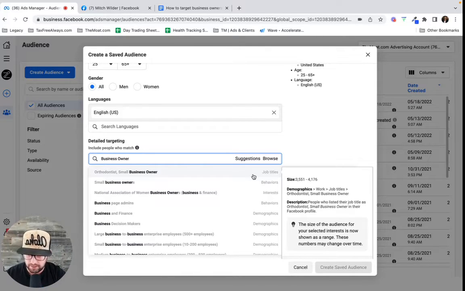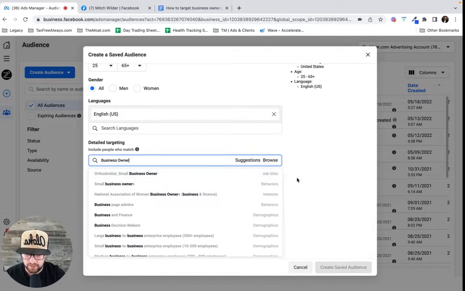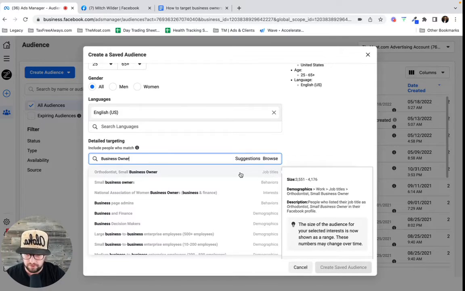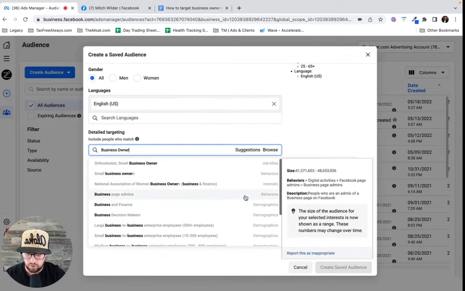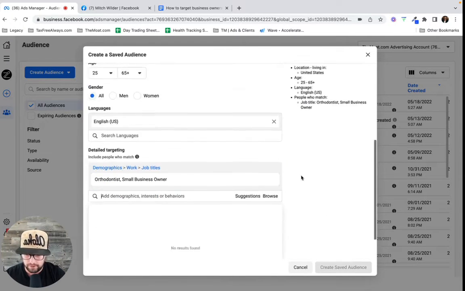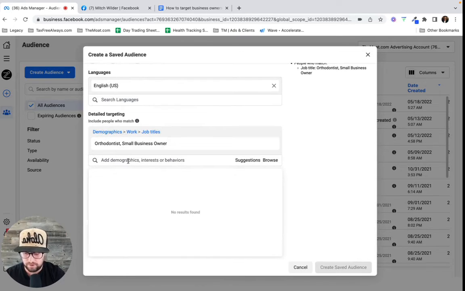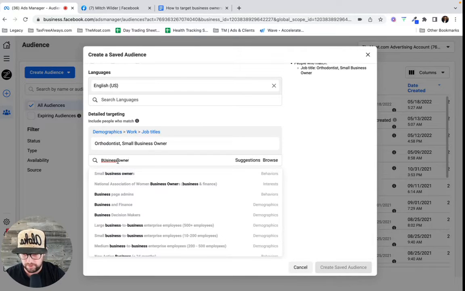That's what they've listed it as, right? And you can see that it's really, really small, 3,000 to 4,000, okay? But it'll have next to it job title, okay? And so let's put that one in as an example. Let's put business owner. See if we can find a job title there.